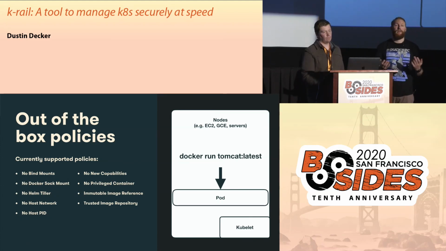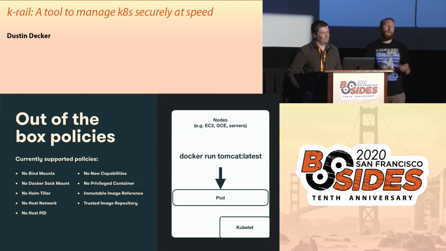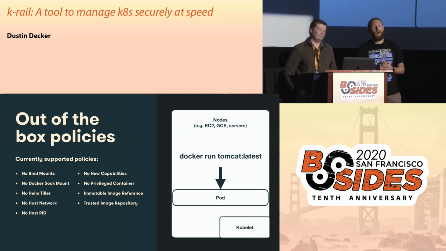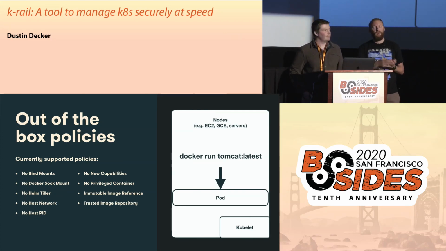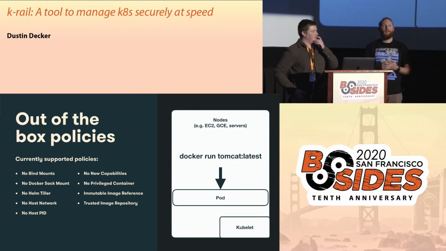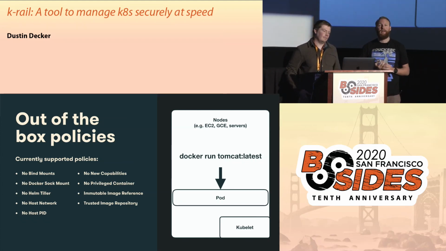Can anyone see what's wrong with this case? Anyone in the audience? Nope. So in 2018, Docker user 123321 noticed that there was no default image for Tomcat on Docker Hub. And so if you docker run Tomcat, like a lot of people would do, it would actually pull down this backdoored image that Docker user 123321 put up. And it actually was a crypto miner instead of the official Tomcat image that people expected. So that got 5 million downloads over the period of a few months before it was pulled.